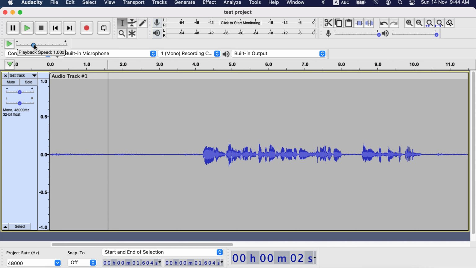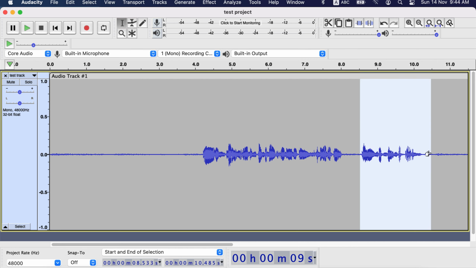Audacity 3.1 introduced a new loop feature during playback. For example, I want to listen to this part of the audio in a loop. After selecting it, click the loop button. A black marker appears here to denote it's a loop. If I now play this,